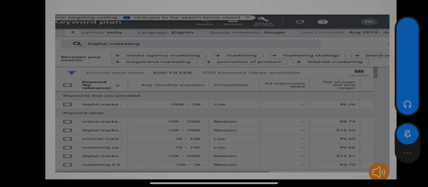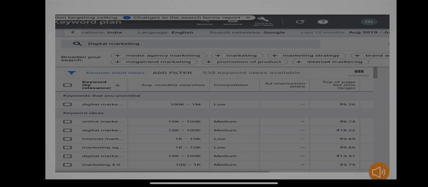This is an example of the Google AdWords tool. Now see, in this I have tried to search all the keywords related to the concept of digital marketing. I just typed in the search query digital marketing. So this interface is showing me all the possible keyword ideas that have been generated related to this single concept. See what different keywords I am getting: online marketing, internet marketing, then marketing agency, and this is digital marketing, then marketing 4.0. So these are all the keywords that are possible, but related to the same concept.